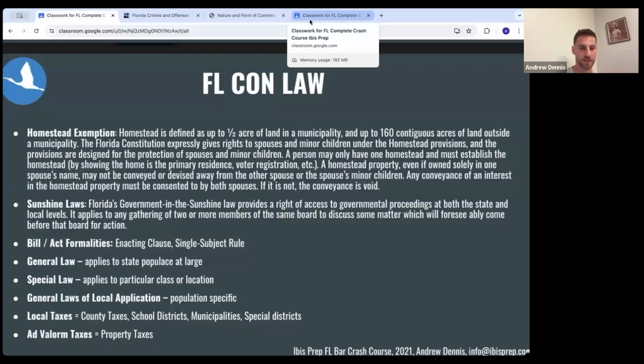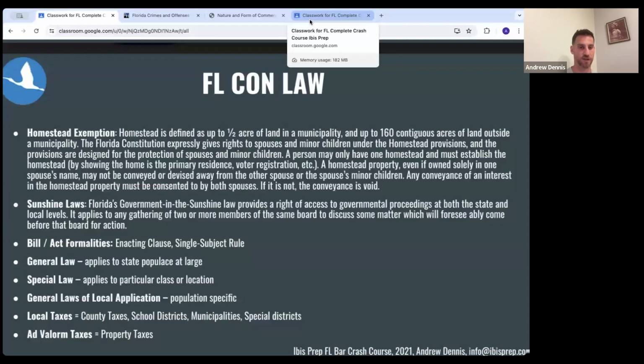So for the bill act formalities, it needs to have an enacting clause. It needs to have a single subject. It needs to have a clear title. It needs to be related to the health, welfare, and morals of the people of Florida. It cannot be vague nor overbroad. It needs to conform with the elements of bicameralism, meaning it's read into each house three times and presented to